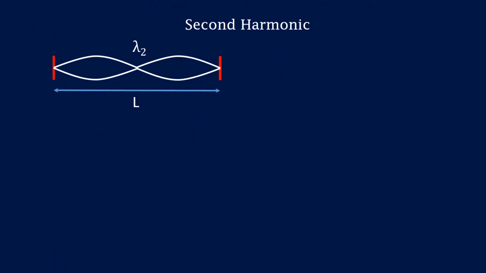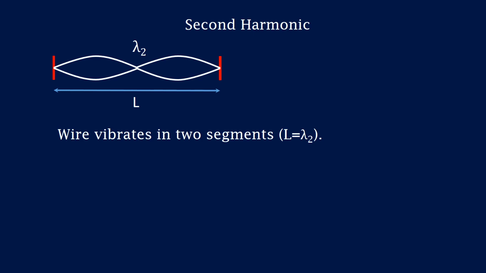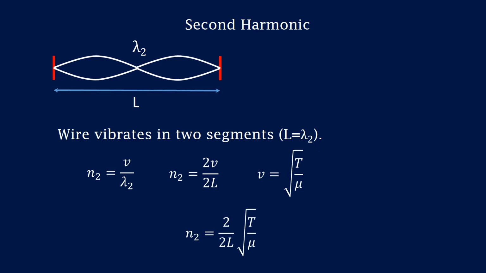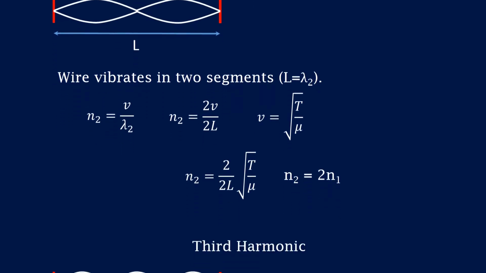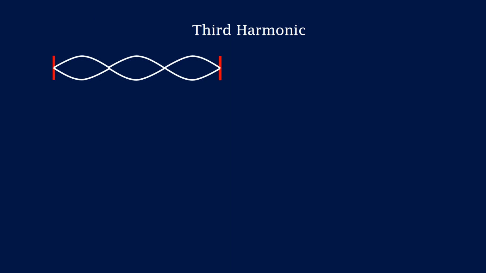If the wire AB is made to vibrate in 2 segments when length is equal to λ2, the formula of the second harmonic is given by N2 is equal to 2 upon 2L into under root of T upon mu. Third harmonic. If the wire AB is made to vibrate in 3 segments, then